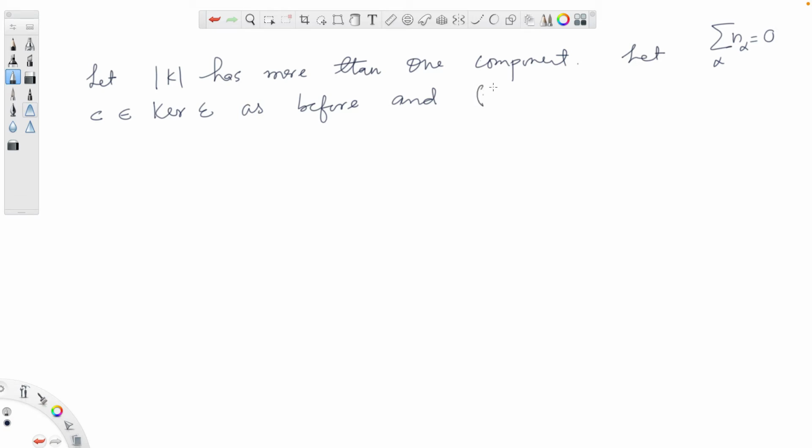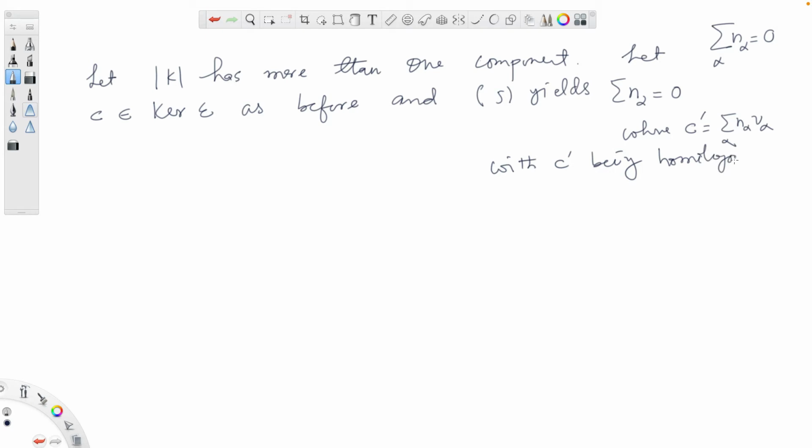This equation number 5 now yields, which was the sum of all the n alphas is equal to 0, where n alpha appears in this linear combination, right? n alpha V alpha, sum over all alphas,